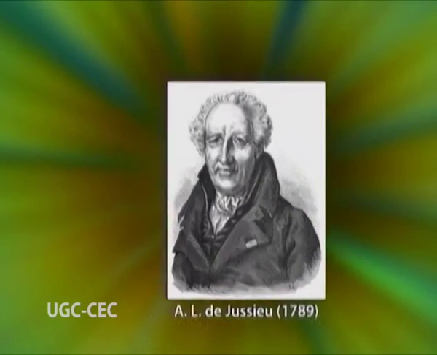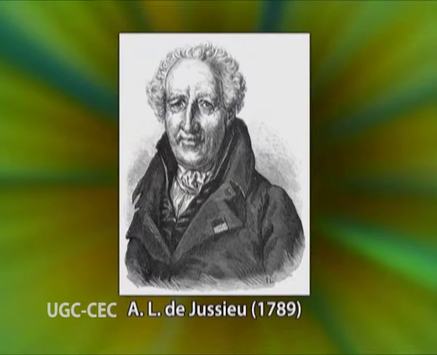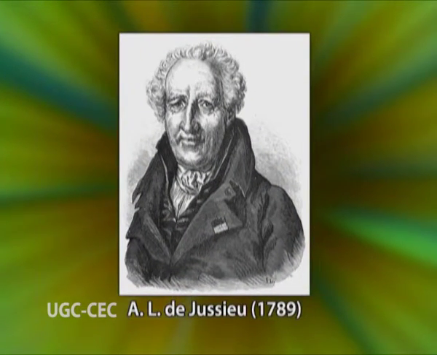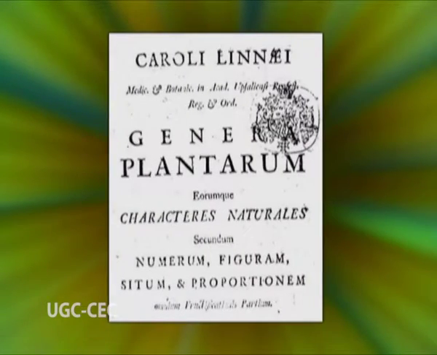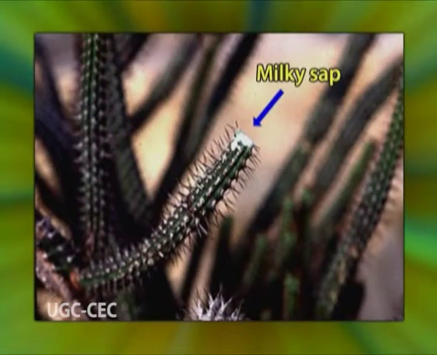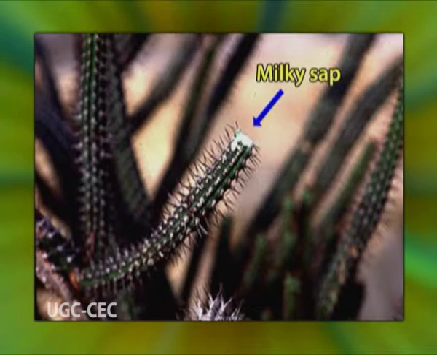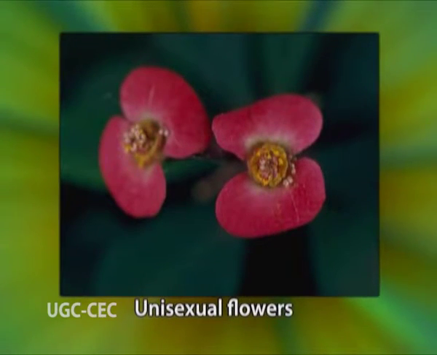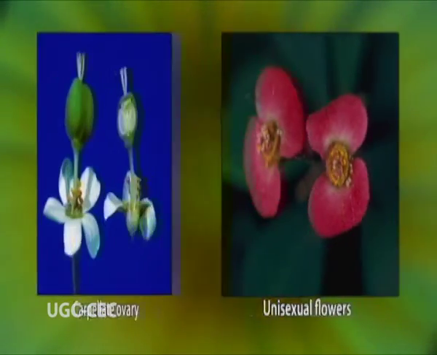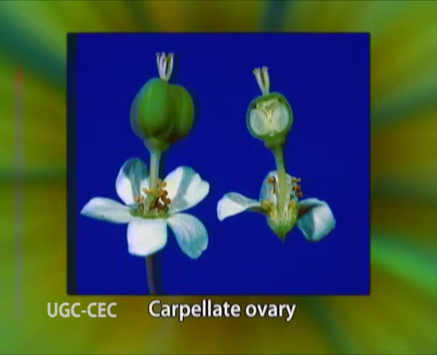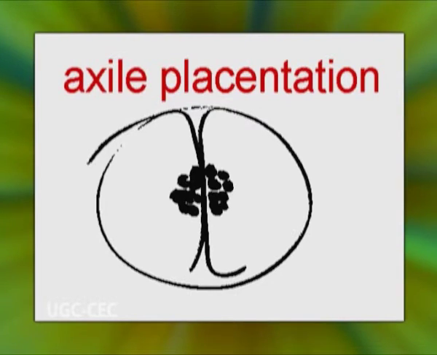The family was first established as a formal taxonomic category by A. L. de Jussieu in 1789 in the Genera Plantarum. Euphorbiaceae is distinctive in having milky sap when present, unisexual flowers with superior ovary, usually syncarpous ovary, axile placentation, and